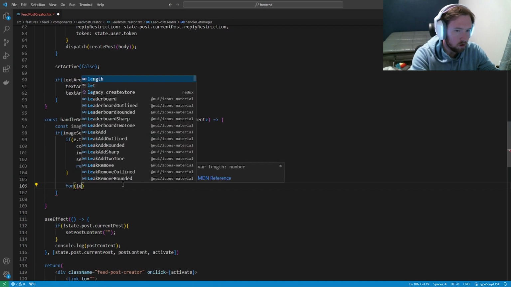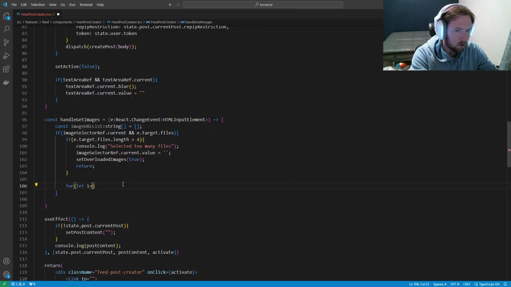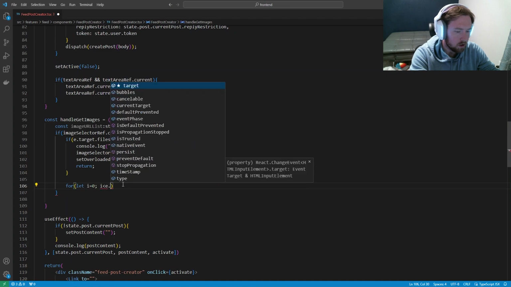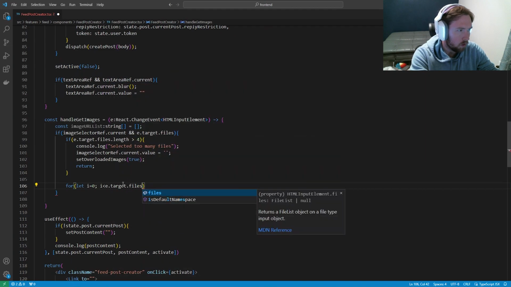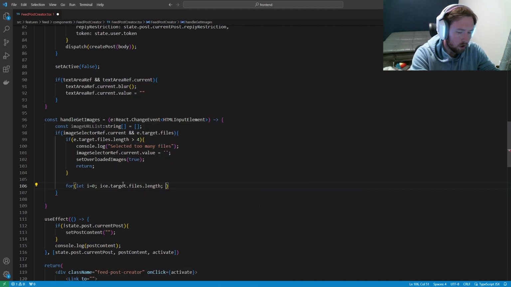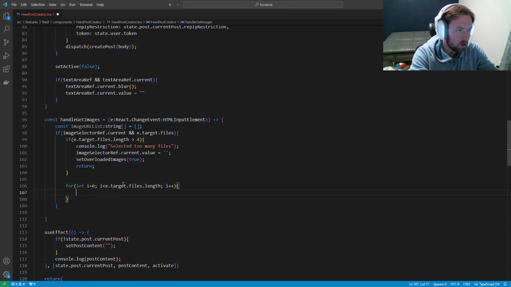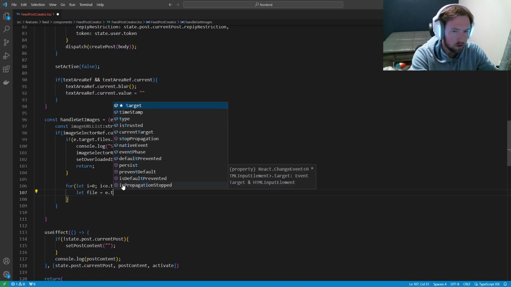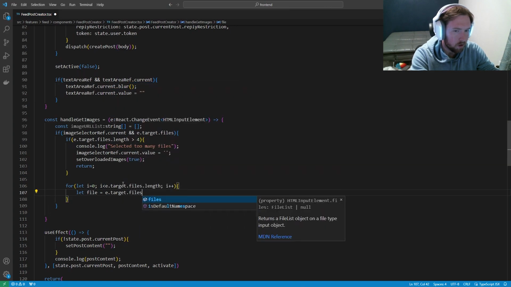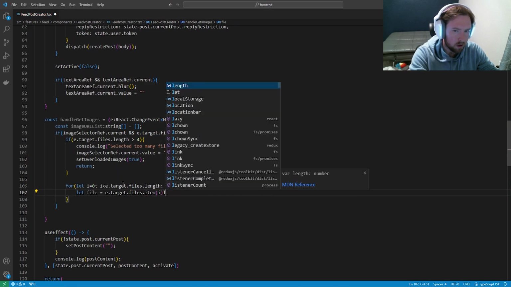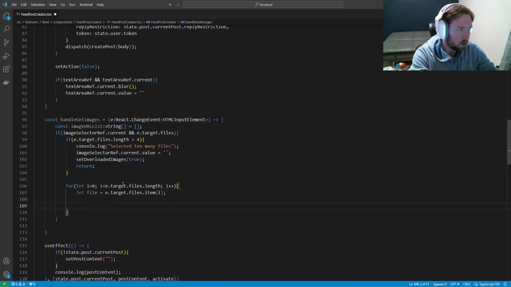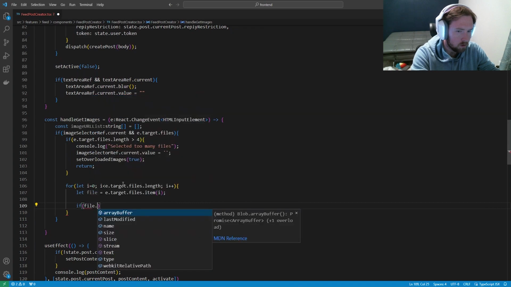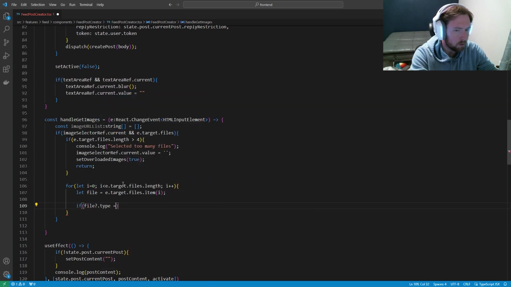And then we're also going to set up our list of images. So say for let i equal to 0, i is less than e.target.files.length, and i++. And what we're going to do is say let file equal to e.target.files.item(i). So we're going to get the file. And then we're going to say if our file?, because there might not be a file there,